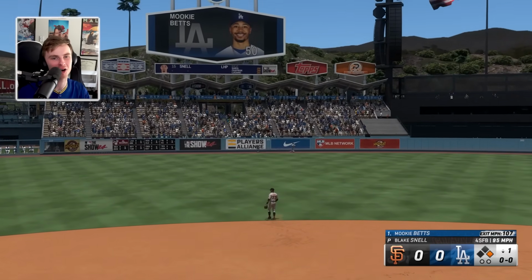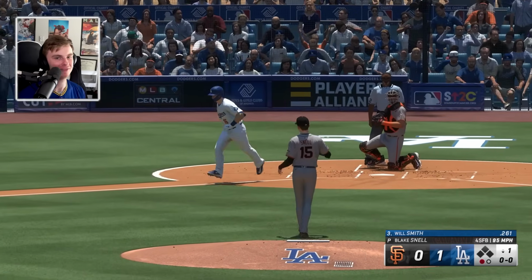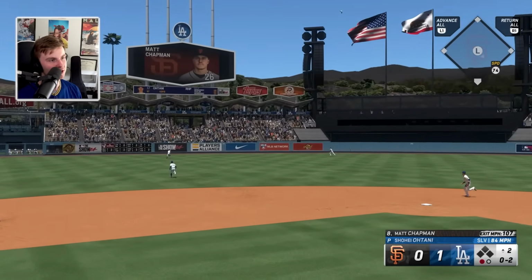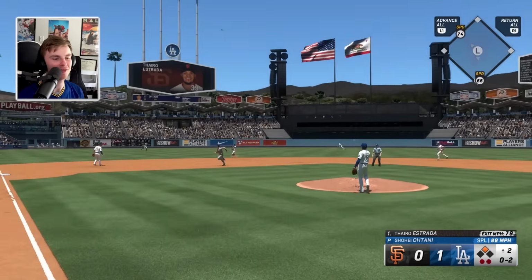That is a first pitch home run. It only took 1 swing for Mookie Betts to do more than the entire Giants offense last inning, so obviously things are not off to a good start for San Francisco, but Matt Chapman just gave them some new hope with a double, so now they're in prime position to tie this game,